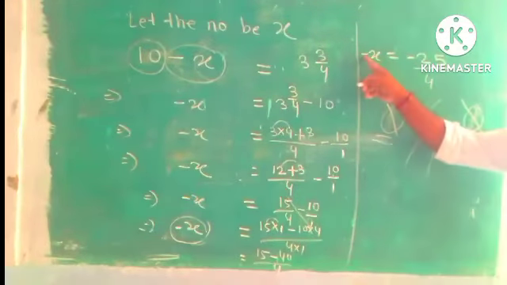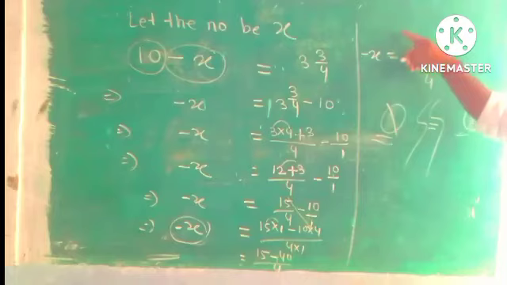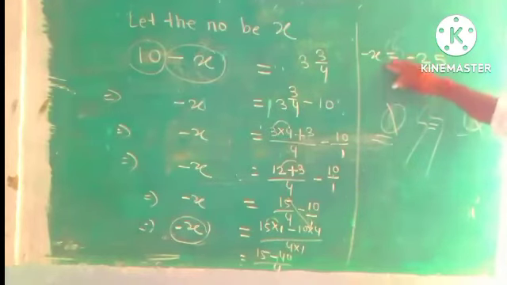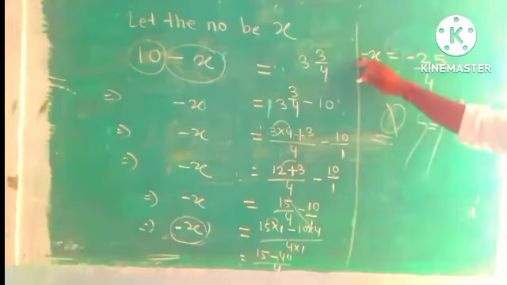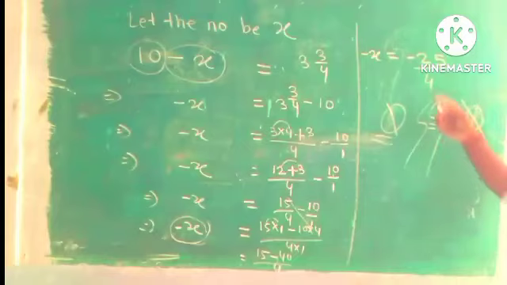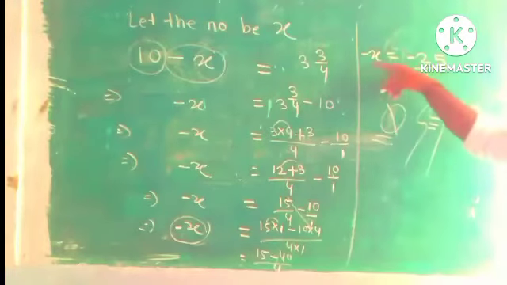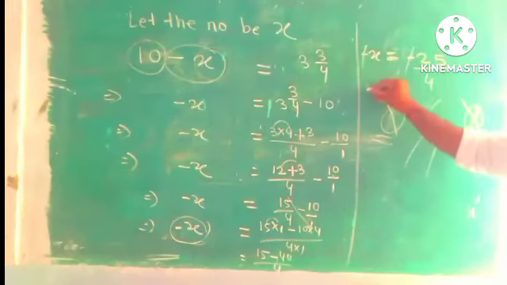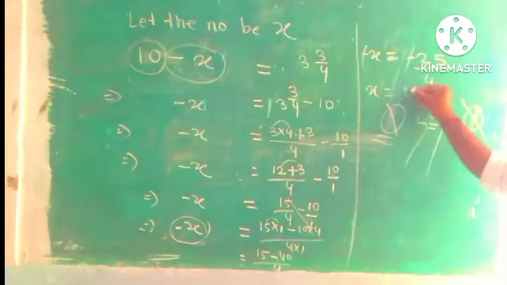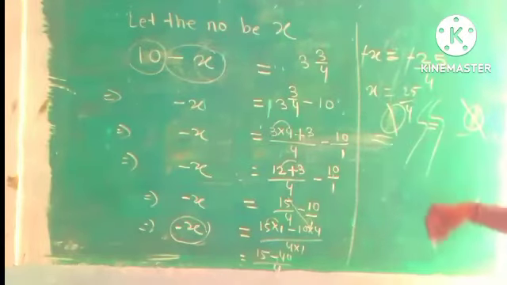What's the sign here? What's the sign here? And between them there is a river. इनके बीच में क्या है? एक नदी. And on this side of the river there is a minus sign, and on that side of the river is also a minus sign. So is the sign same or different? Same. So this minus and minus will be cancelled. So what will be remaining? x is equals to 25 divided by 4.